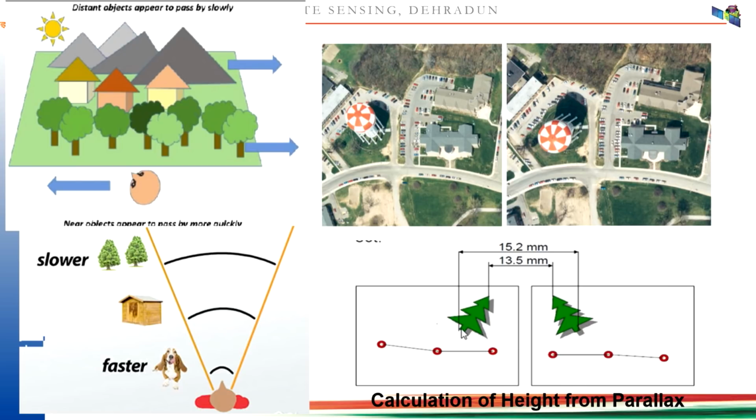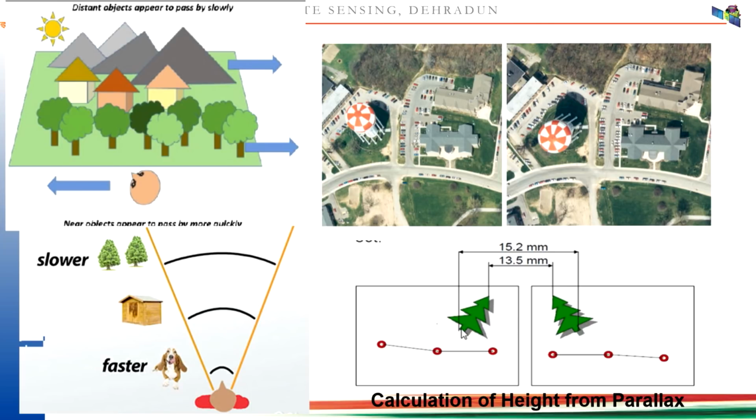Now again, if you observe carefully, the objects that are closer to you move at a faster rate. The features that are far off from you move at a slower pace, or they move slowly. So now how do we correlate it? Whatever features are closer to your eye show more movement, so more parallax. The features far away from the eye show less parallax, because they are moving slowly.